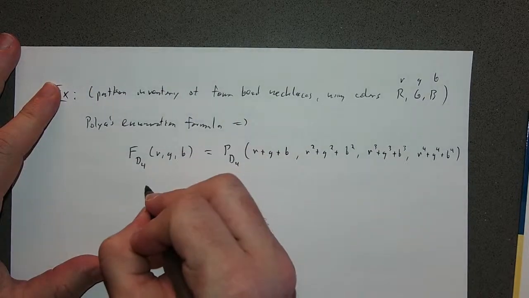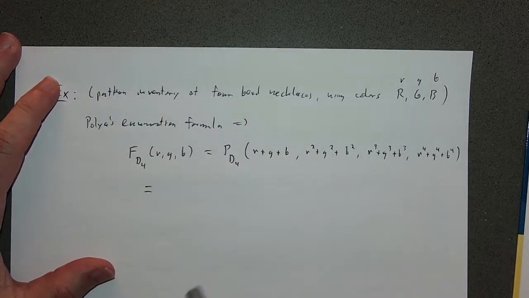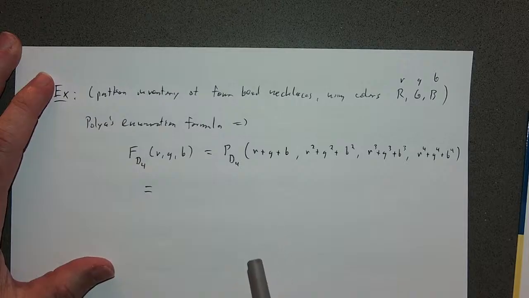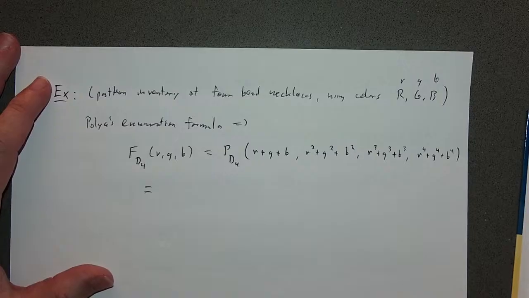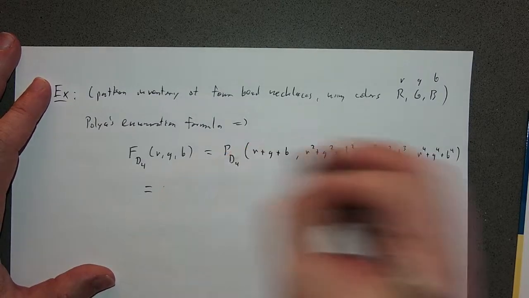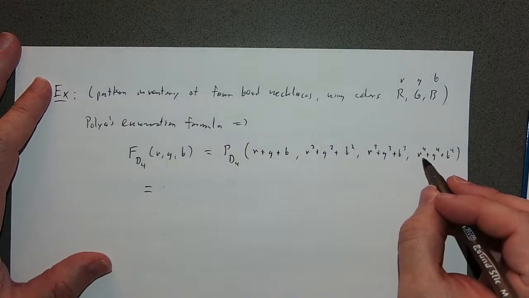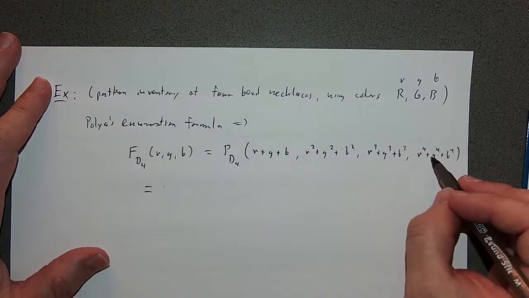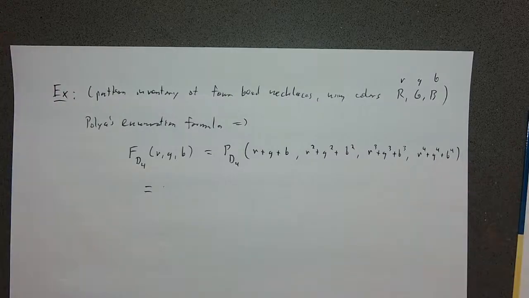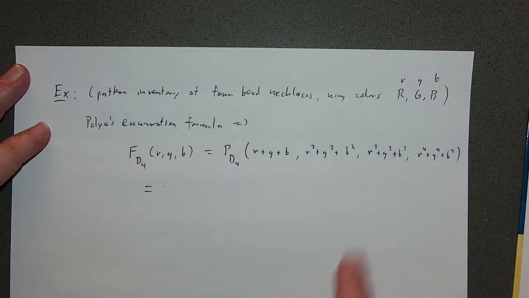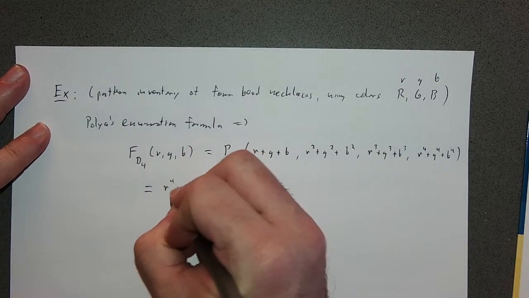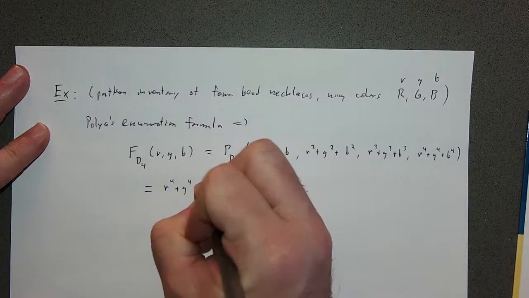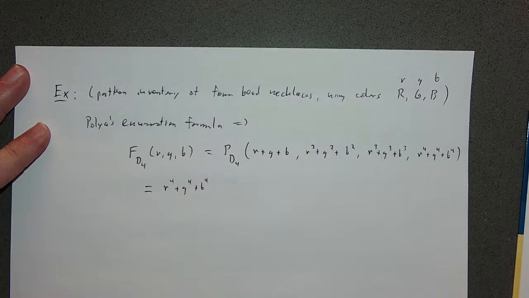So let's just write out what this thing is, combine these things. This gets plugged into the x4 slot. So then this is r to the fourth plus g to the fourth plus b to the fourth plus